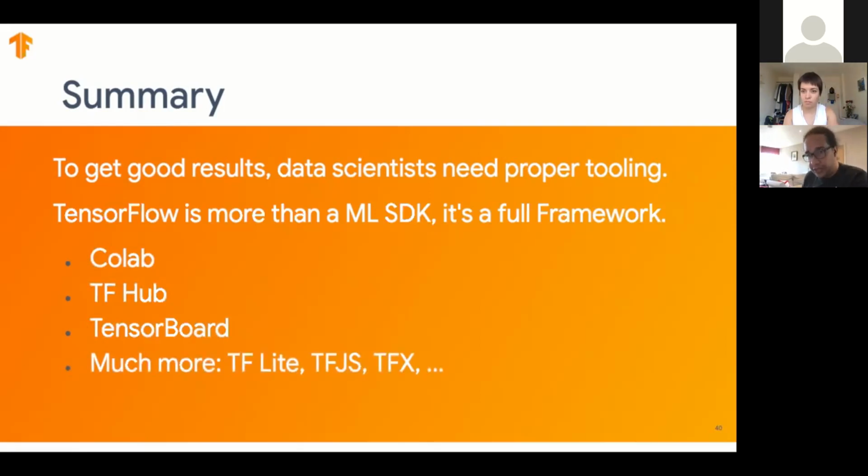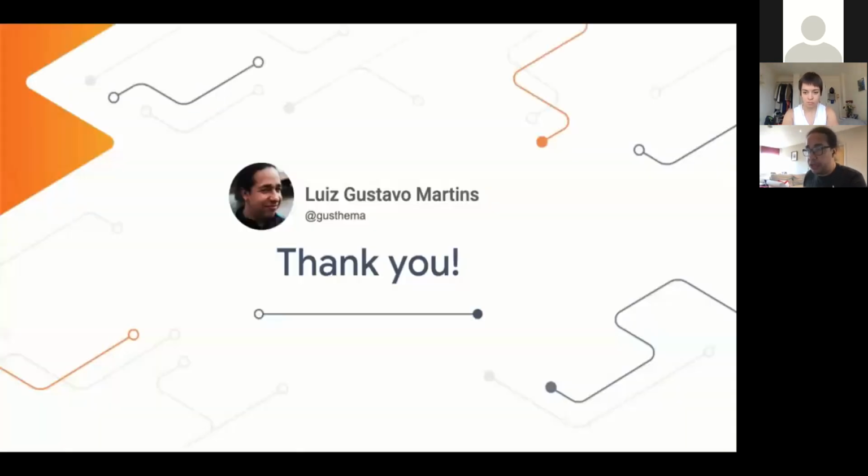We have TensorFlow Lite if you want to deploy on mobile devices or embedded devices. We have TensorFlow JS if you want to deploy on a browser or on a Node.js server. We have TFX if you want to have a full pipeline that deploys your model to production, and you are doing it in an enterprise environment where you need to keep this happening all the time, and much more tooling than all of this. But we have everything that you might need for your work, no matter what stage you are at. And that's all I had to tell you today.